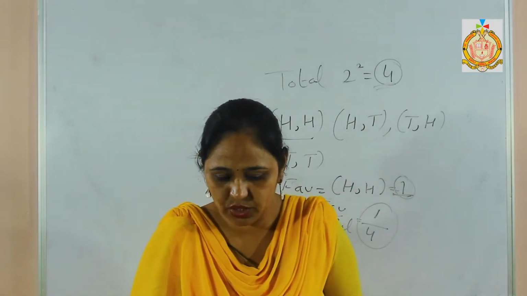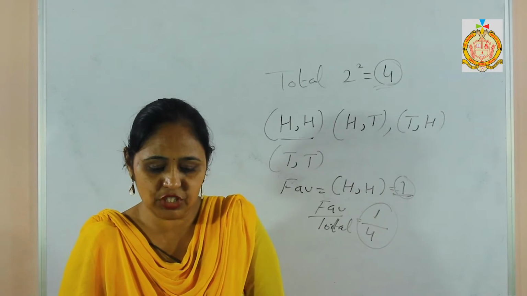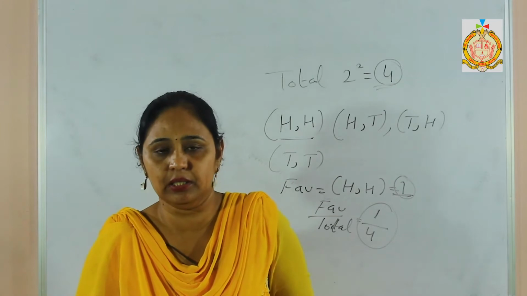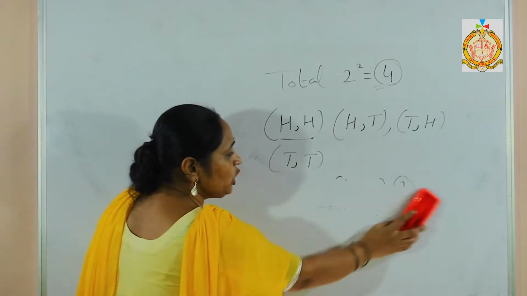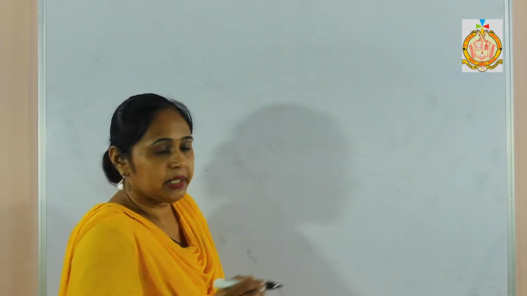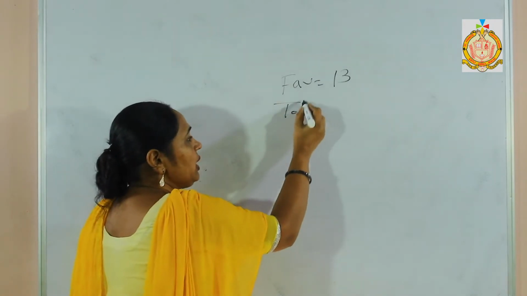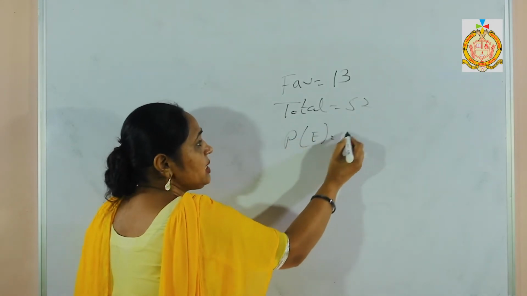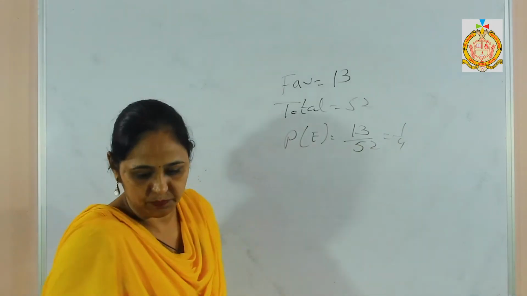Now we come to the next concept, sum number 9. A card is drawn from a well-shuffled deck of 52 cards. Find the probability that the card drawn is... Now different conditions are given. First, a spade. Now I have to understand how many spades there are. I know spade is one type, and one type has a total of 13 cards. That means for spade I have favorable outcomes 13, but the total cards are 52. Then the probability of the event spade is favorable divided by total, and the answer becomes 1 upon 4.